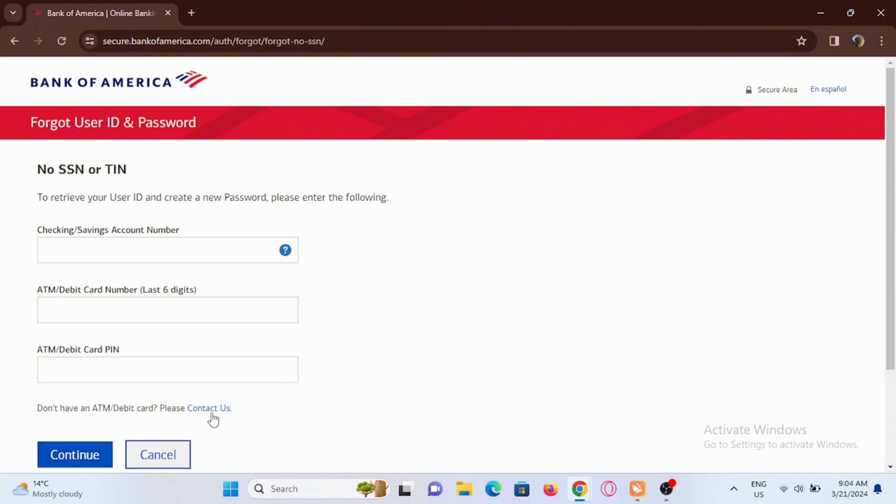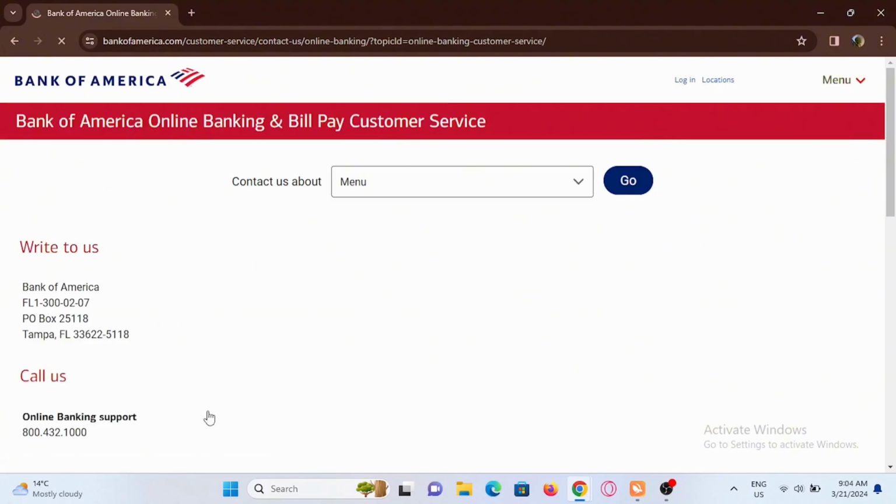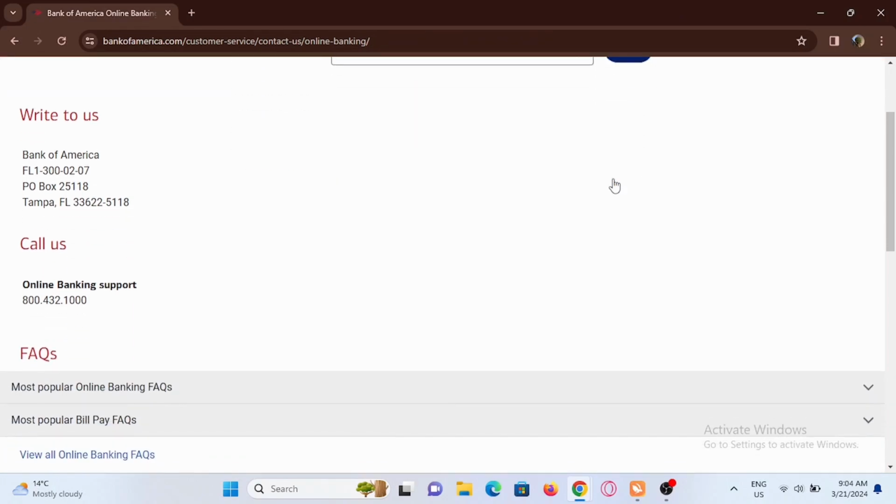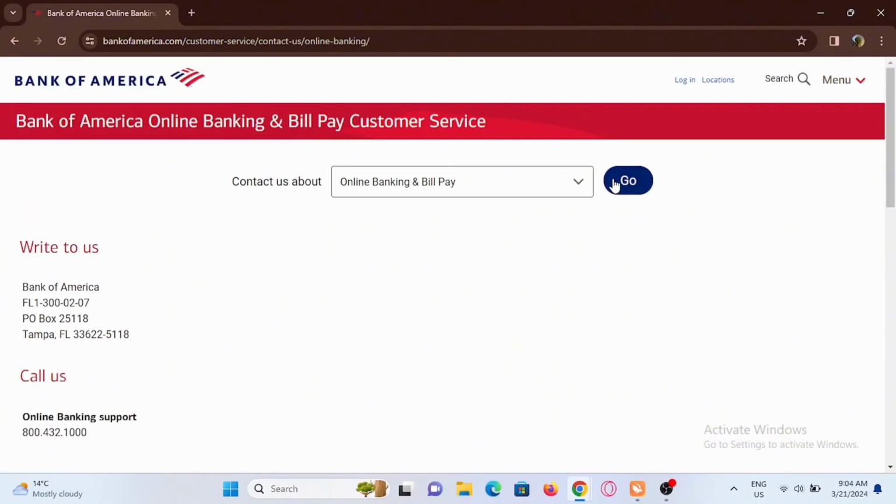If you don't have either of those, select Contact Us. In here, you can go ahead and search for your issue and they will list out instructions to log into your account. Once you are successfully logged into your Bank of America, you have to head to the section